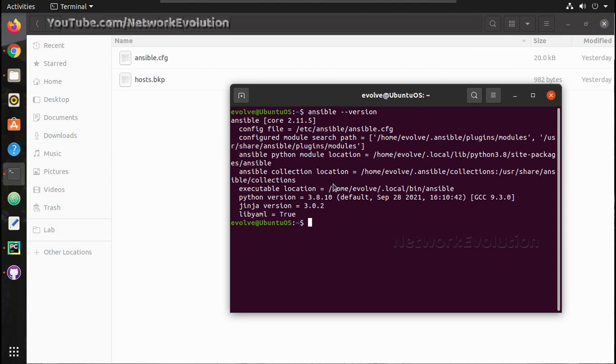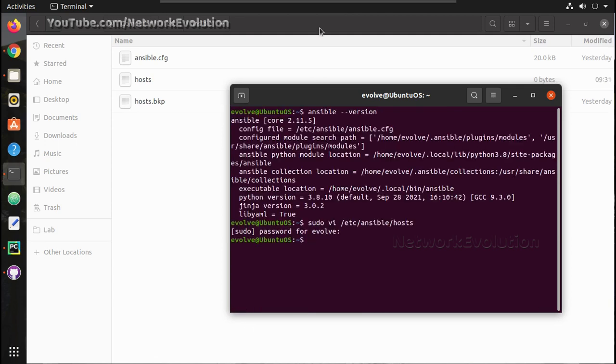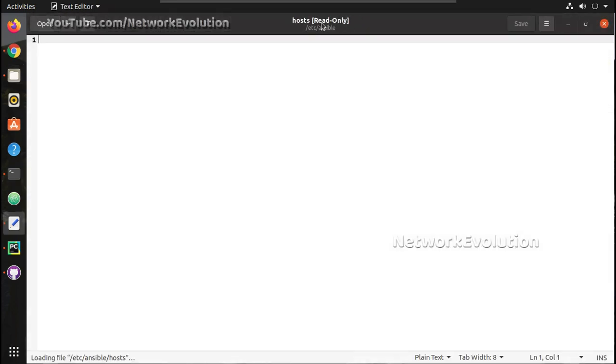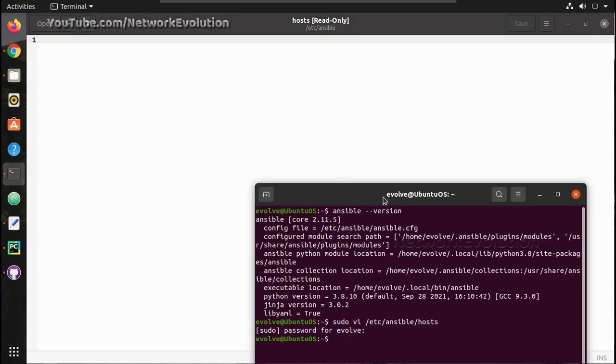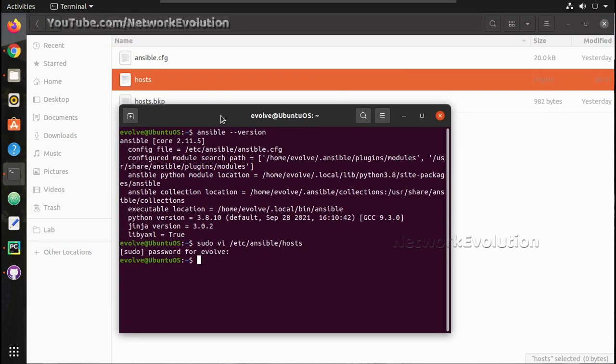So now to create that, and now you can see I have a host file here. It is in read-only mode because it is a sudo user. For my demonstration purpose, I'm changing the permission of this file so that I can open it from my machine UI itself.